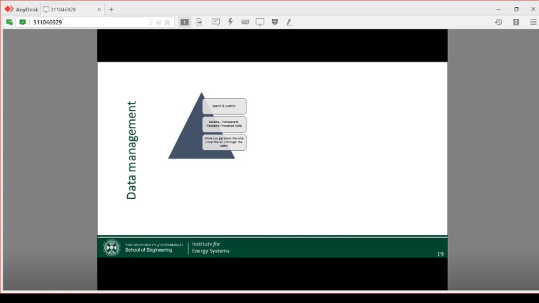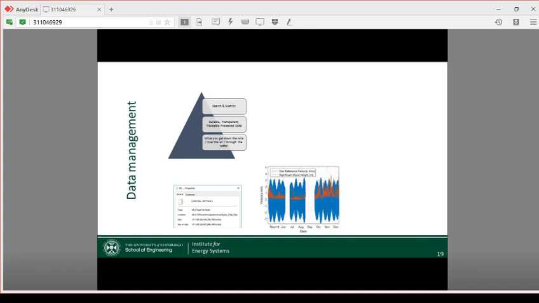We heard yesterday about the FAIR data principles. I just want to show you briefly what we do. So we want to search the data and to come up with meaningful results. We're working on a public tool for this at the moment, so that we don't have to spend hours scratching our heads and running hundreds of MATLAB scripts. This is an example of